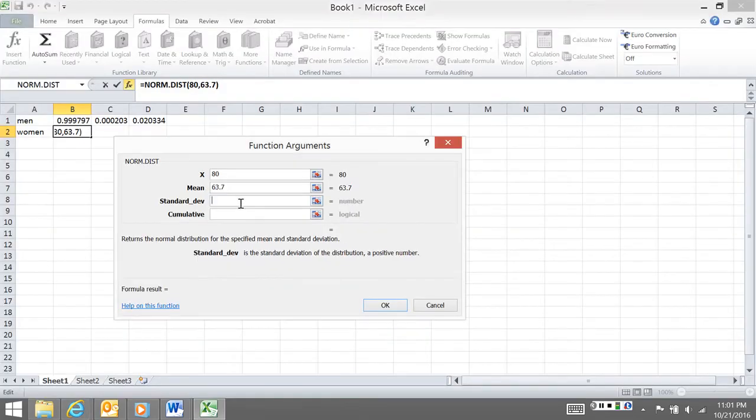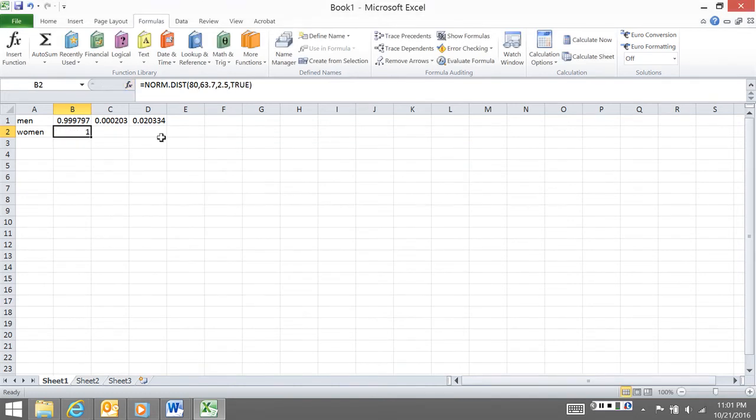63.7, yep, and 2.5, and true. Okay, and so this is telling me that there are no women. Now, I don't know what the tallest woman in the world is. There might be one, but obviously it's not enough to matter. So then obviously if we do